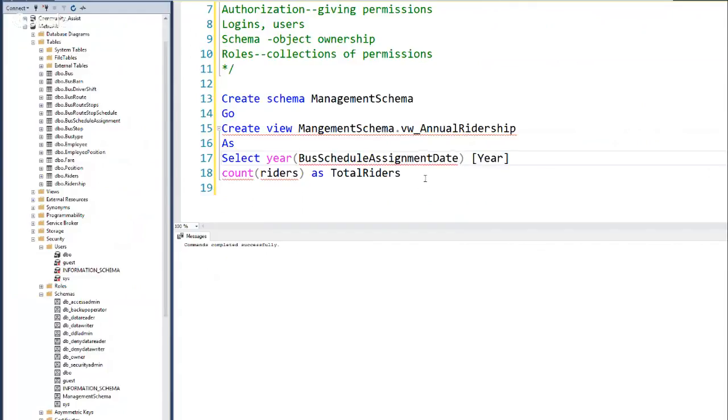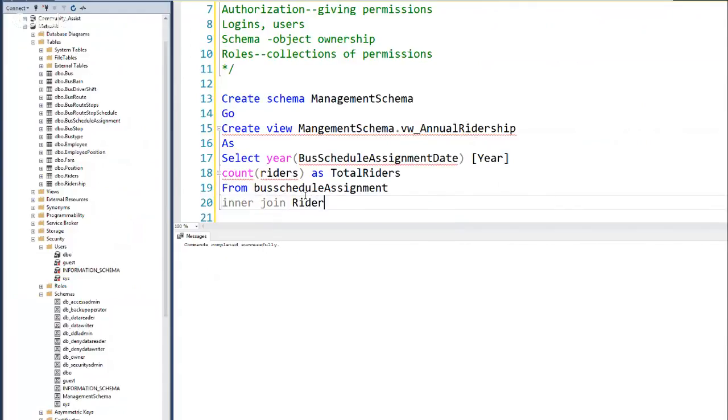Okay, it's not super important that this be good, but we're going to do this from bus schedule assignment. Would help if I could type. Is that right? Why is bus schedule assignment date still, oh well. Inner join riders,